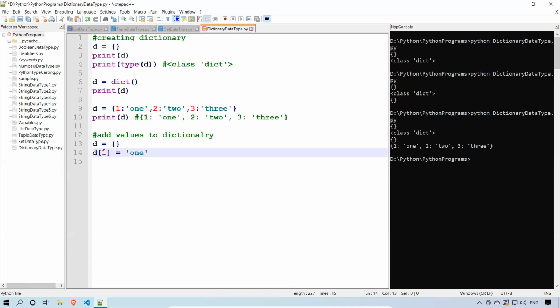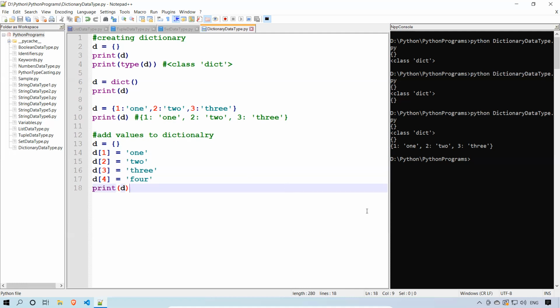This is the key and this is the value. In the same way, d of 2 is equal to TWO, d of 3 is equal to 3, d of 4 is equal to 4, and I'll print this d.